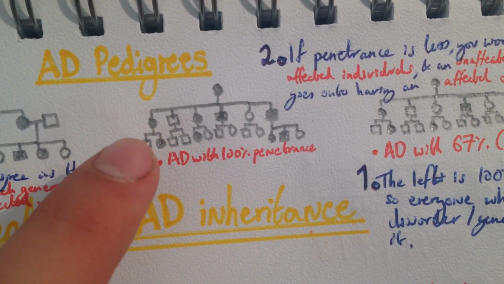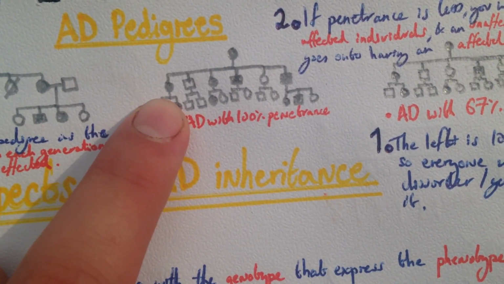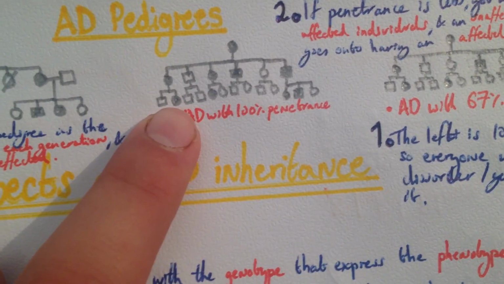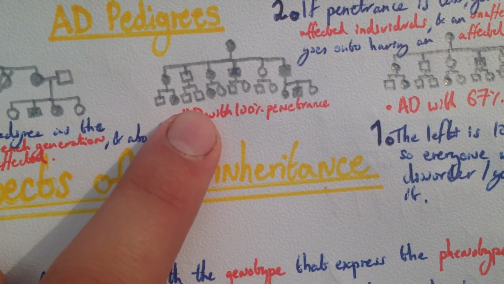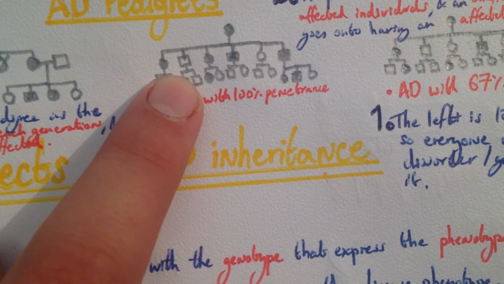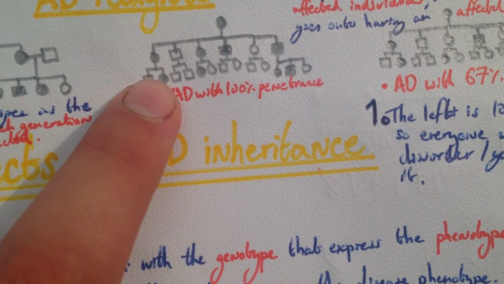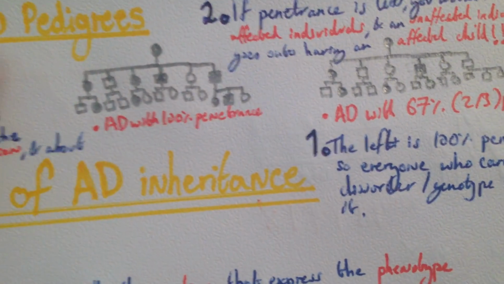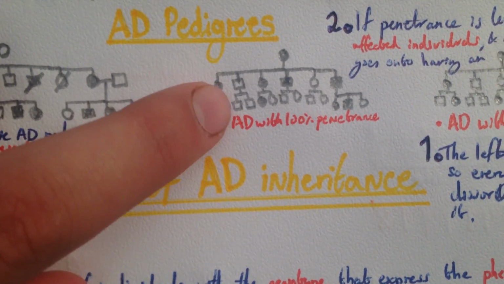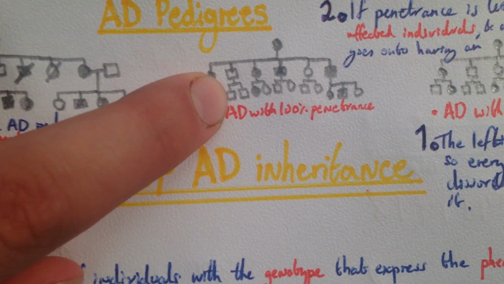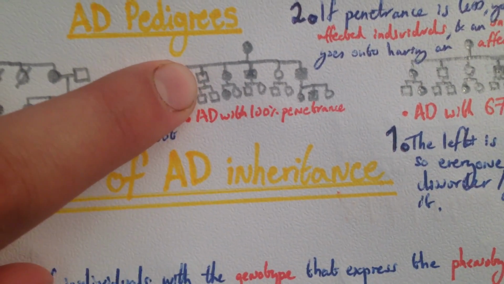basically whenever the parent has the disease, there is likely a child to have the disease. There is no child who has the disease without their parent having the disease. So for example, this parent has the disease, therefore this child has the disease. If this child had the disease and this parent,